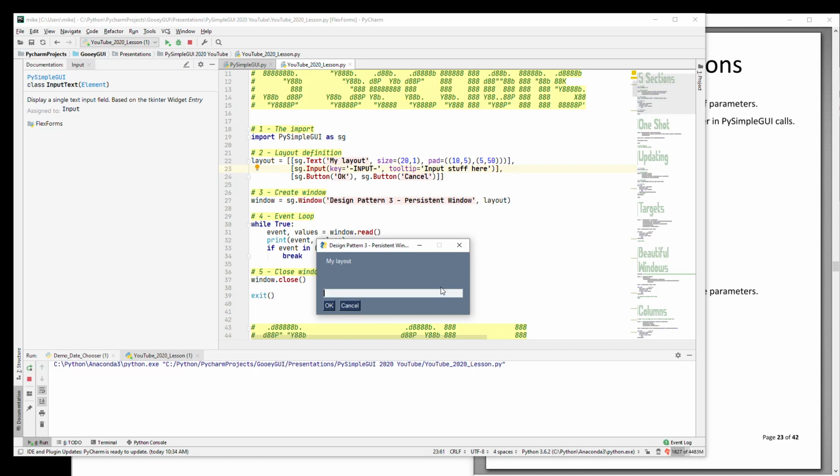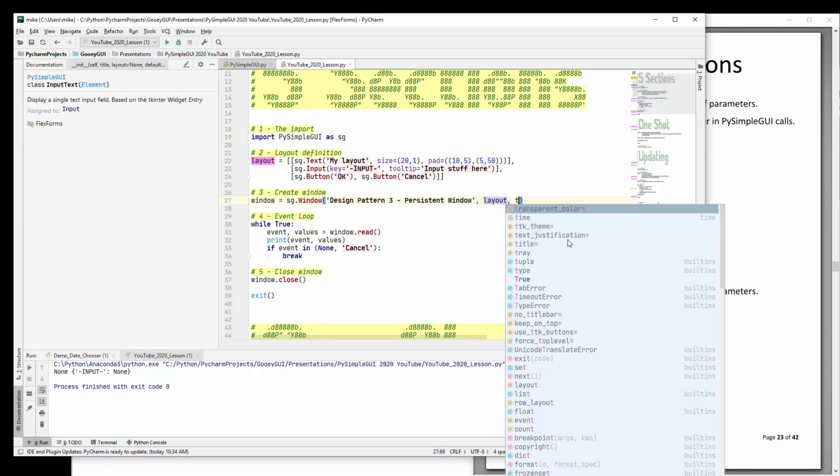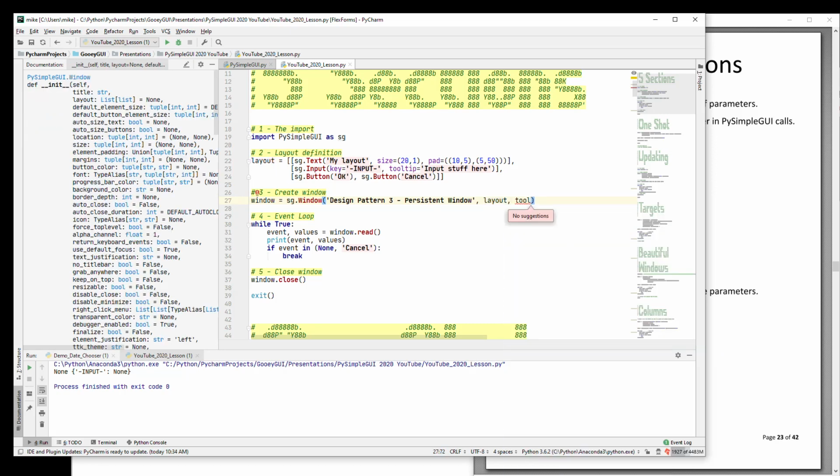You can set it for the, I think for the window as well. There's like a tool tip, maybe not. No, there's not for the window level. Sorry, I'm thinking right